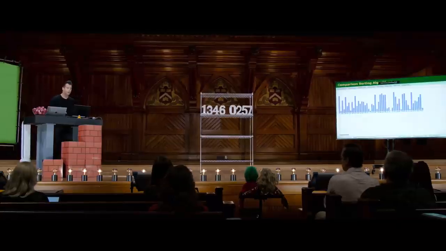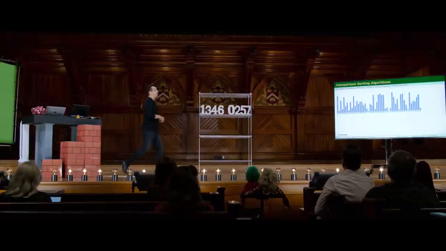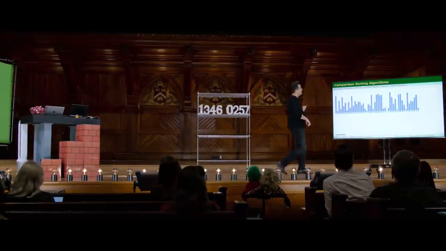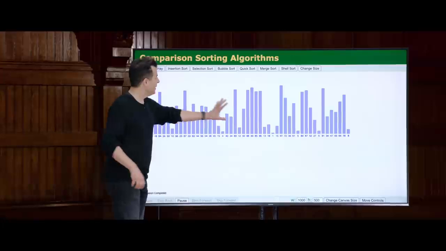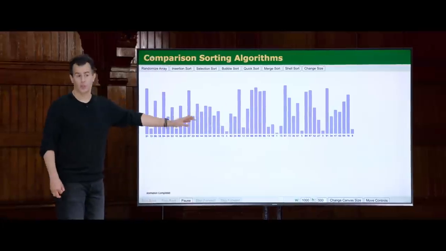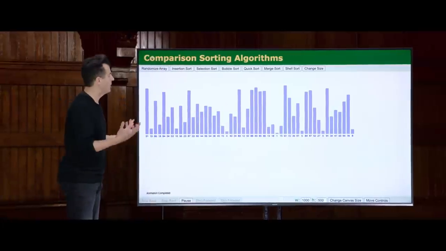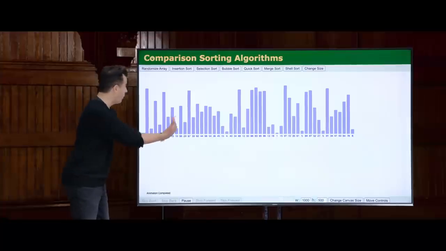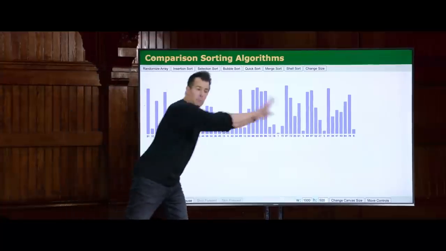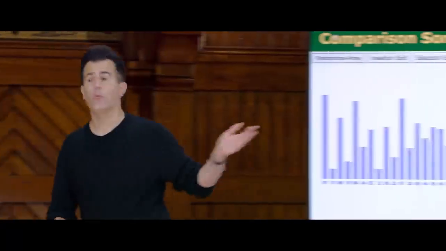But for selection sort, let me propose that we visualize this as follows. I'm going to go ahead and pull up on my screen here the following comparison sorting algorithms, which is a nice visualization that some friends of ours at another university made. And this array here represents numbers. Small bar is small number, big bar is big number. It just gives us more of a graphical representation of the same. So ultimately, I want all the small bars over here, all the big bars over there. And notice that there's clearly more than 8 of these, and they happen to be randomly sorted.